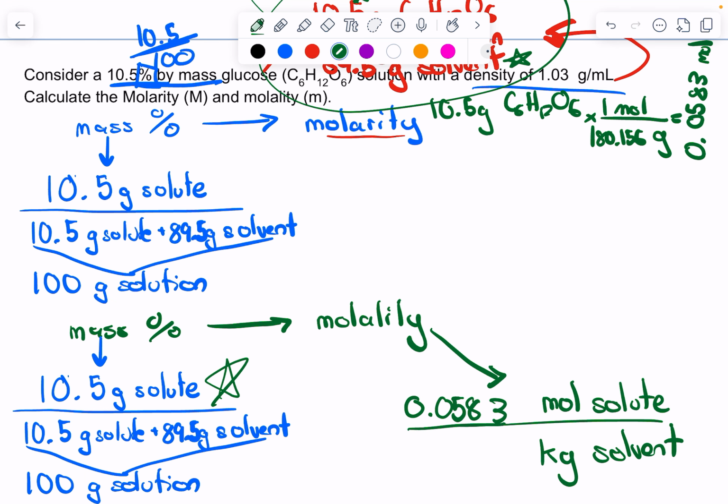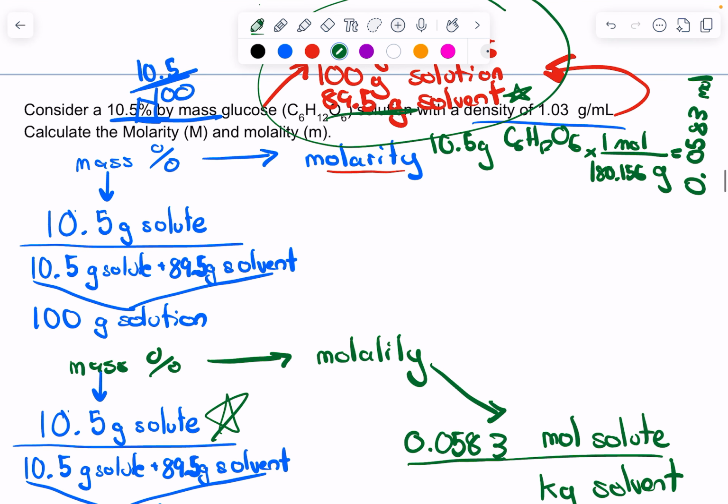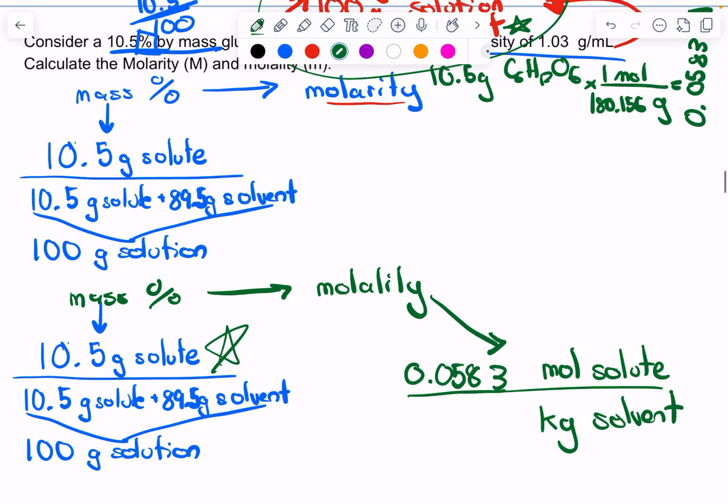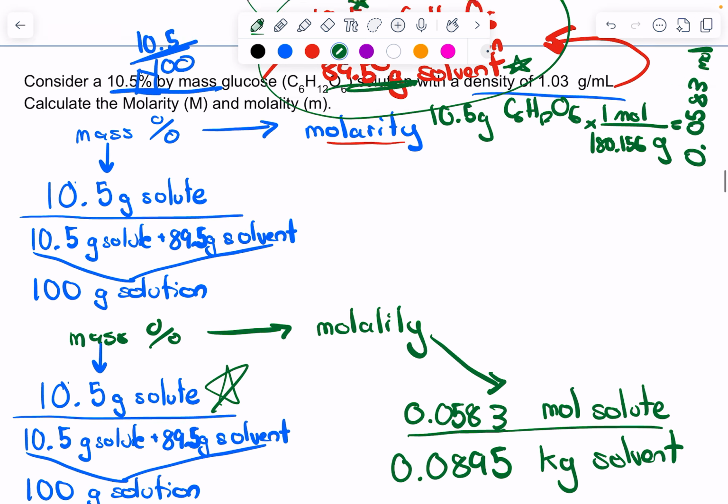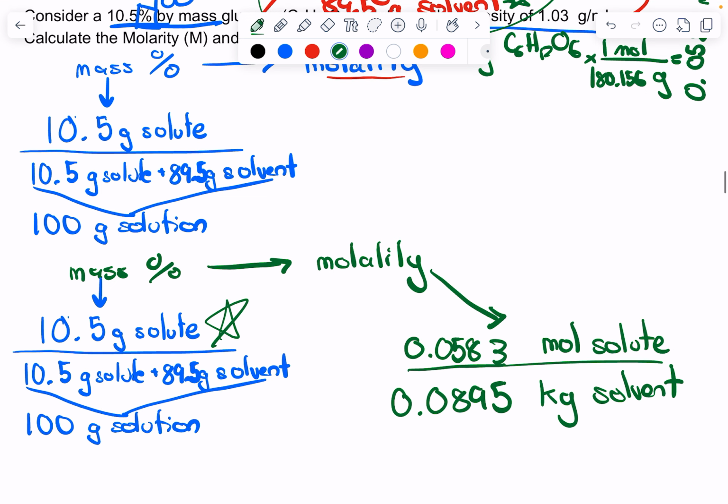Kilograms of solvent: I have the grams of solvent, so all I have to do is divide by 1,000. So 0.0895 kilograms solvent. And that's it. That's going to be the molality. So I solve that out, and the molality comes out to be